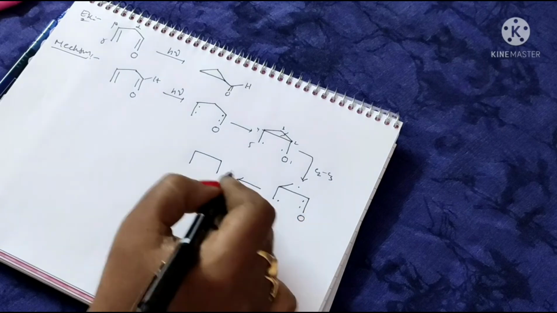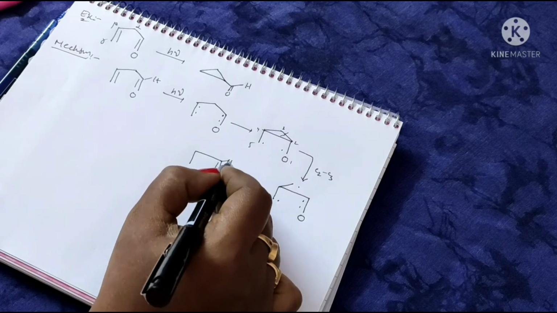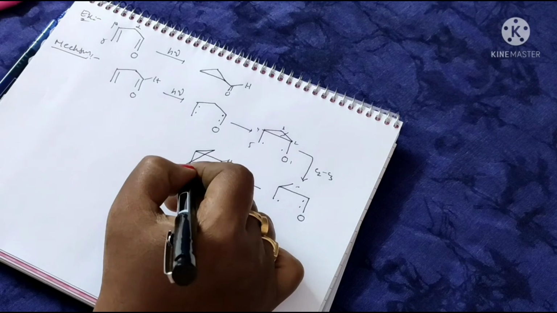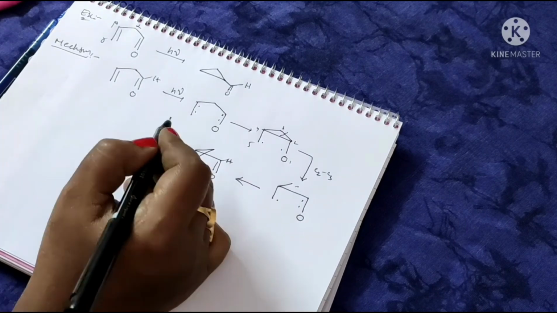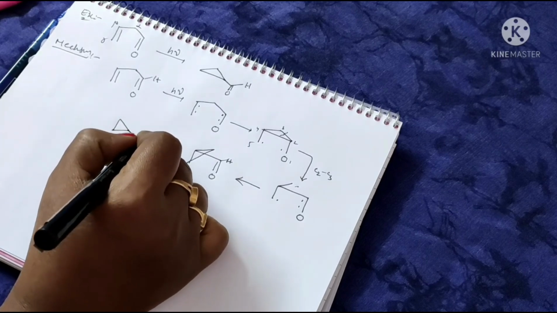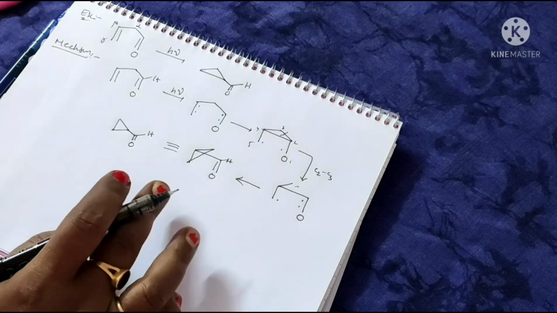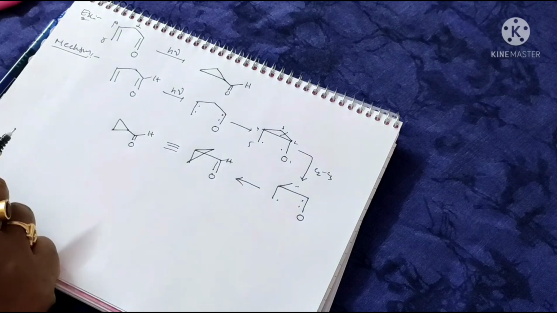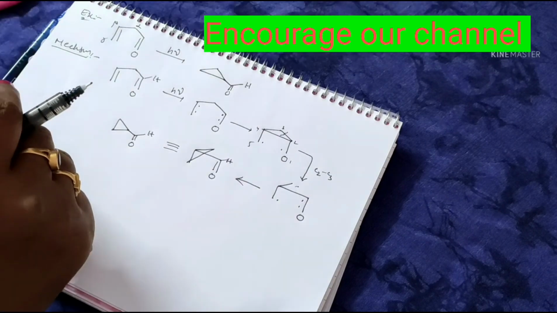Next, these two form a bond. Consider a hydrogen like this, and join these two. So this is the same as this one, right? This is another example of oxa-di-pi-methane rearrangement with mechanism. Okay, and the next type is